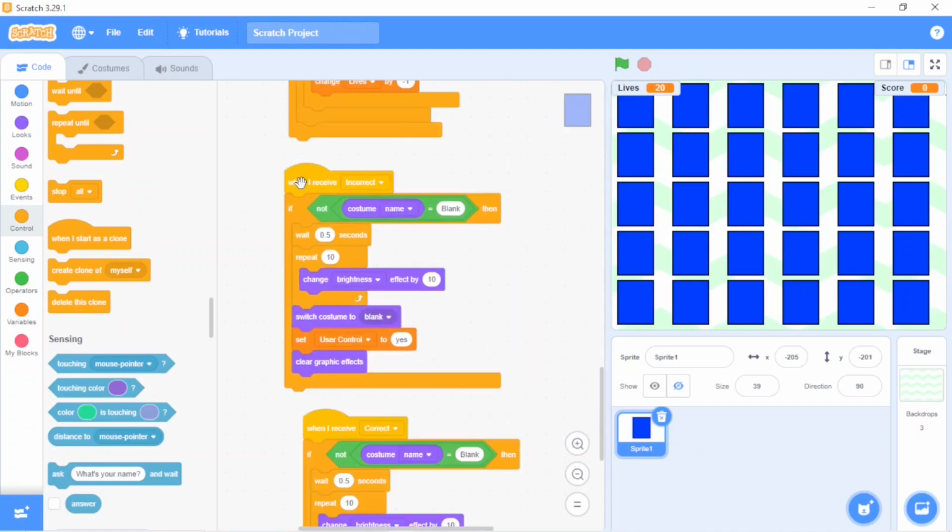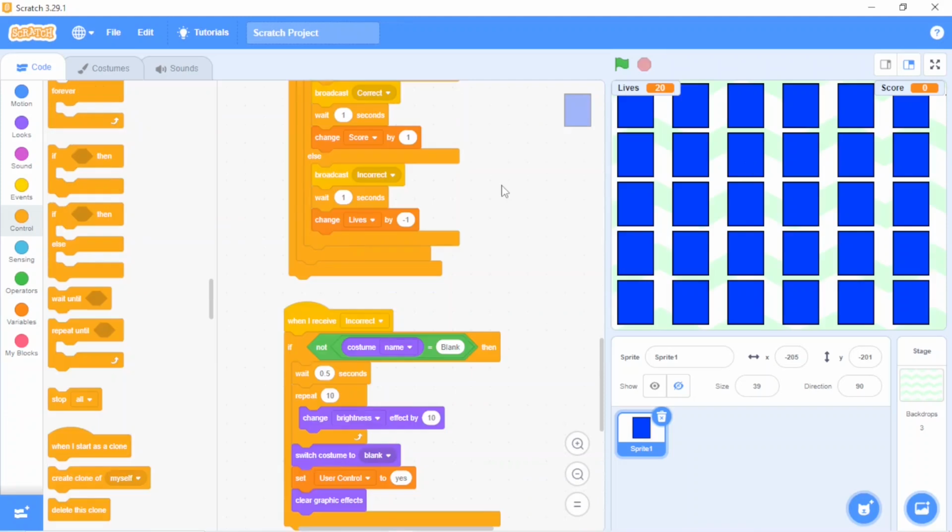Do you want to see the effect? Okay, let's see. Ball, cat. Again, the card is flipped and you can click on it again. You can see. Now here, I want two things. If my life becomes 0, the game should be over and my background should be changed. And the same thing I want when my score value is 15, then also the background should be changed.